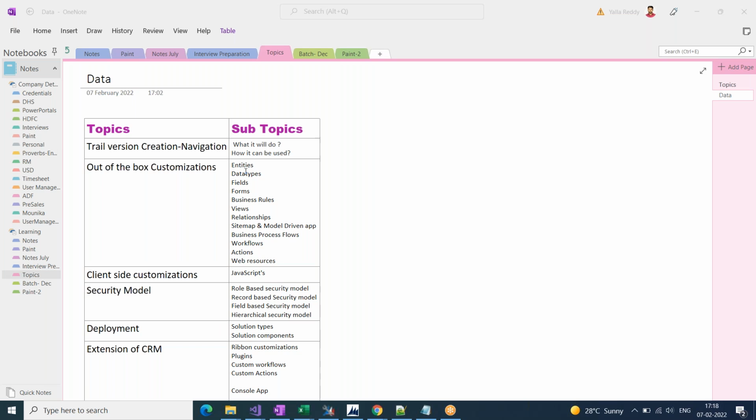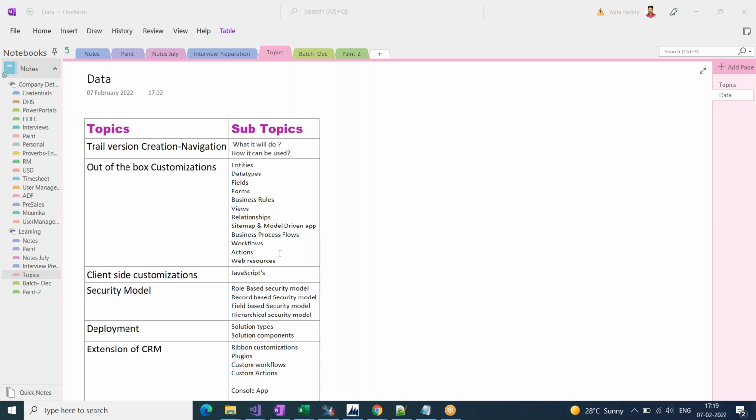In these stages, deployment will be a key part where you move from the dev environment to test and followed by production, right? So in our deployment concept, we will have solution types, solution components, how we are going to achieve a deployment, and how we are going to do the daily activities that I'm going to show you.